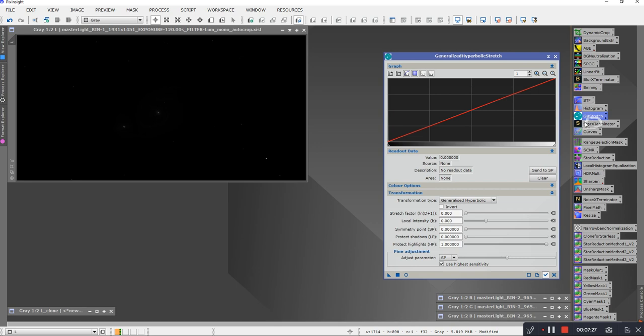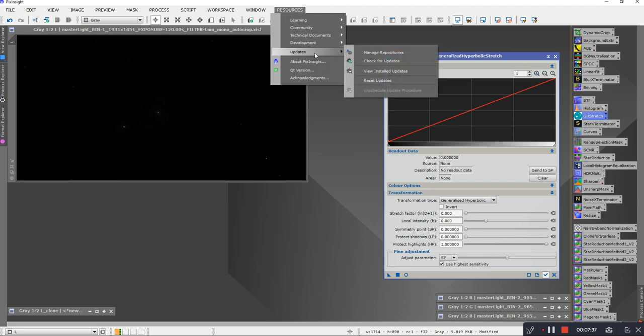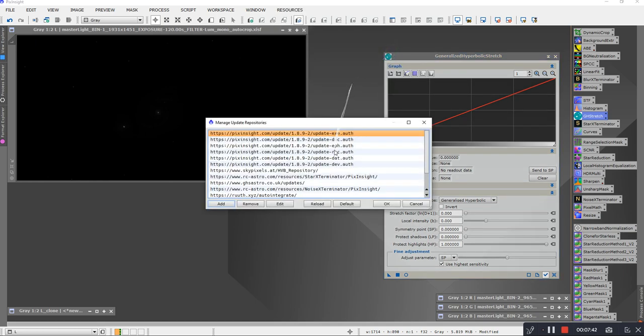Again, I've got it as a process icon on here, but once it's loaded, it's in one of your repositories. For GHS, ghsastro.co.uk/updates is what you put in to the repositories. Just add a new one in there, add that web address in, click OK,